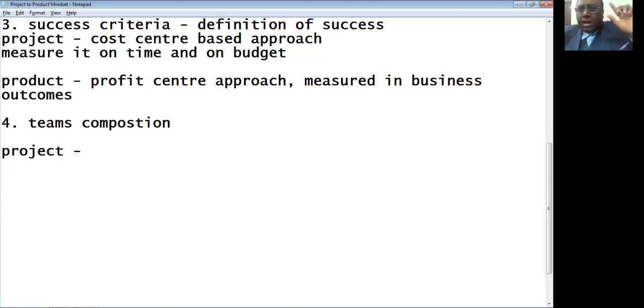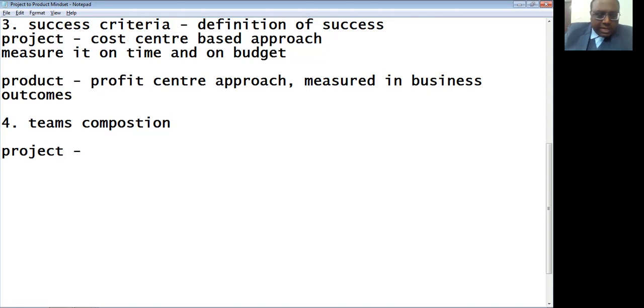to use the word resources, so I prefer to use the word people or teams. So once the project is getting dismantled or completed or whatever it is, these particular people will be deployed onto some other initiative. That is the intrinsic problem, that you cannot build stable, sustainable teams if you are having a project mindset.